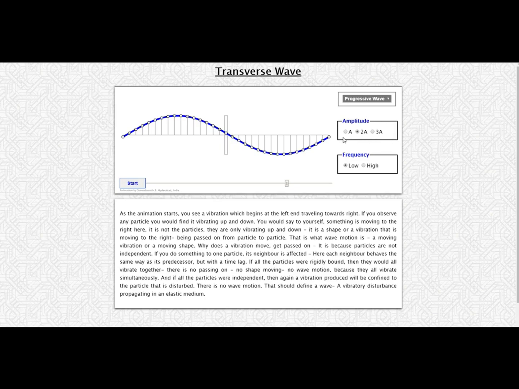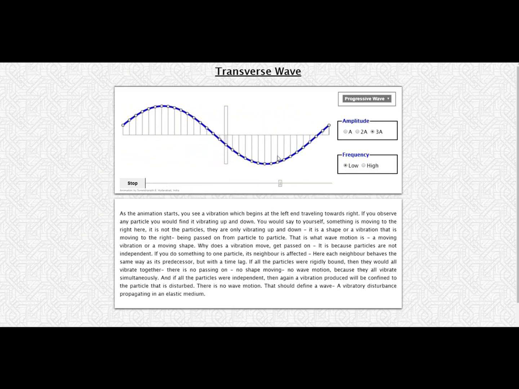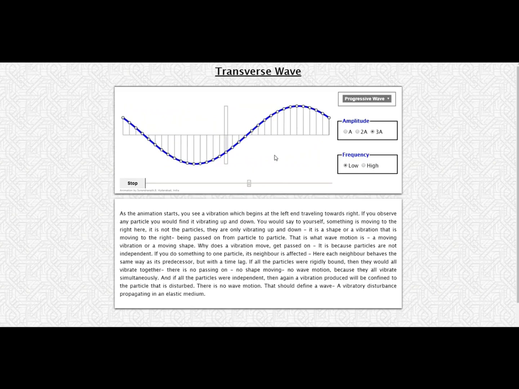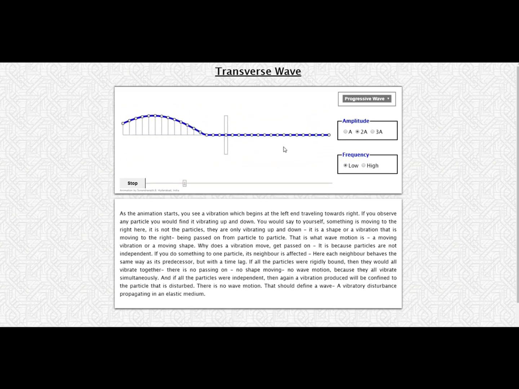Now I'm going to change the amplitude of the wave to a little a, like half the amplitude. Do you have any idea what that would look like if it was half the amplitude? Well, here we go. So this is half the amplitude, half the distance from equilibrium to the top or bottom of the wave. Now watch what happens if I go to triple the amplitude. And this is actually more energy per wave, 3 times the amplitude. Good, so that's the amplitude of a transverse wave.